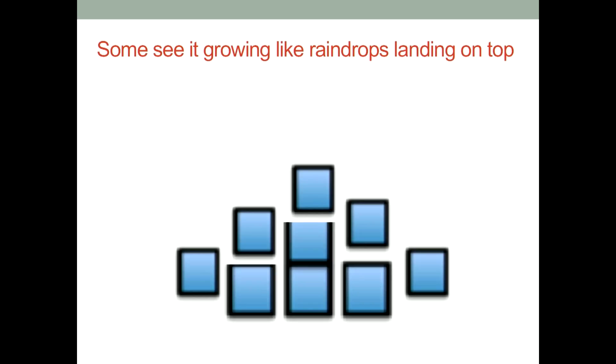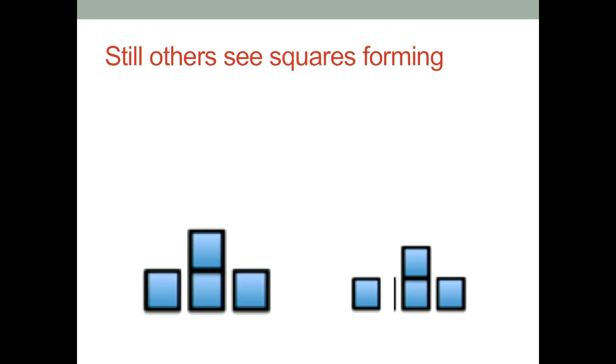Okay, I'm going to make your brain twist a little bit. Unfortunately, this is the way my brain saw it. Do you see it forming a square? So on the left side of my screen, I see case 1. And I took that piece off the left, and I plopped it over there and made a square. That's how my brain sees it. I know, I'm a little twisted. Did anybody see it as a square as I did? Thank you! I have a fellow thinker.